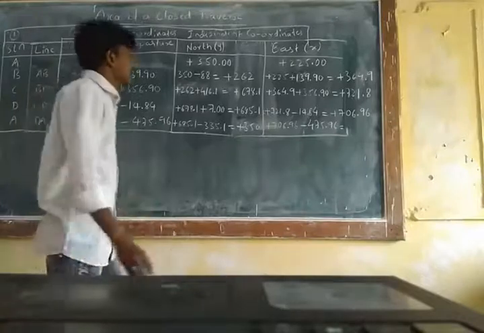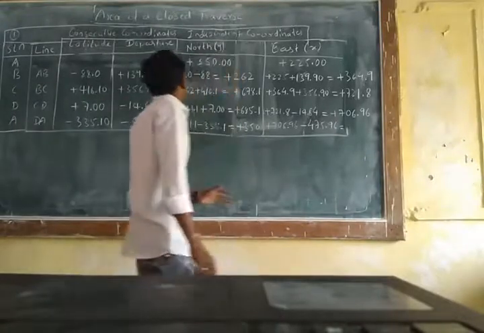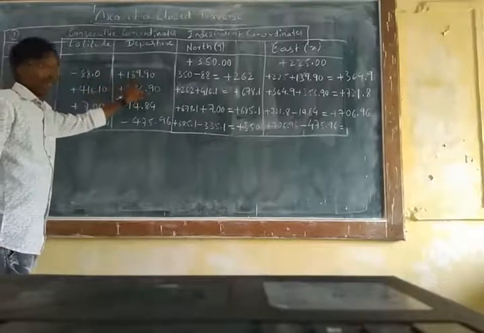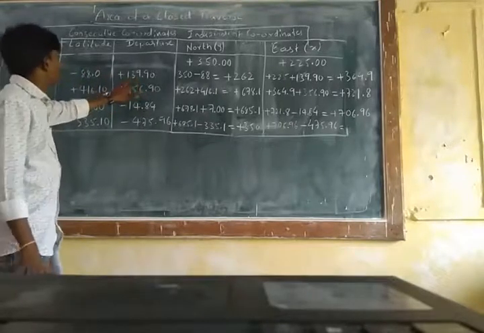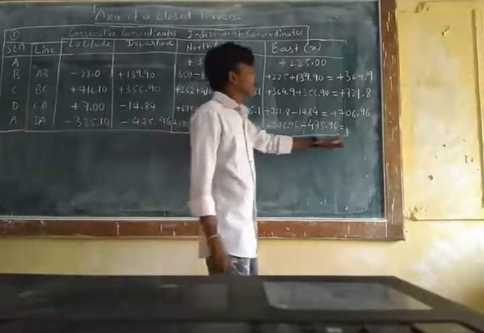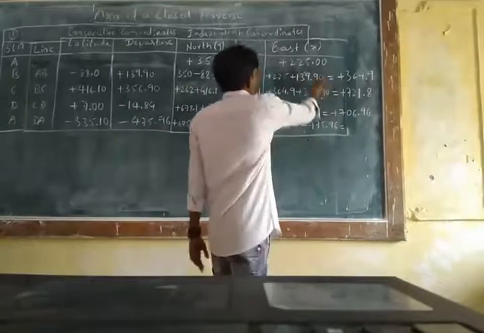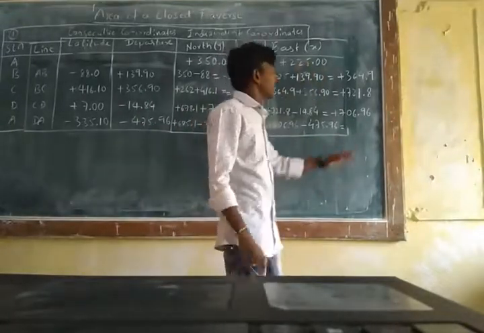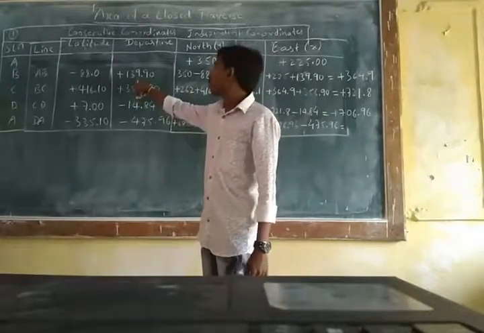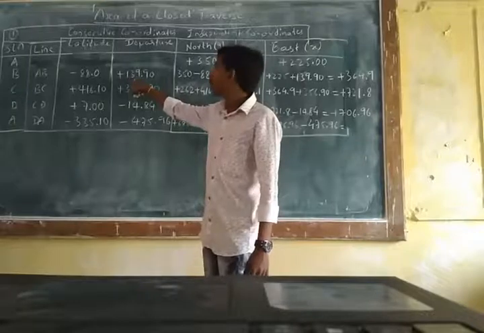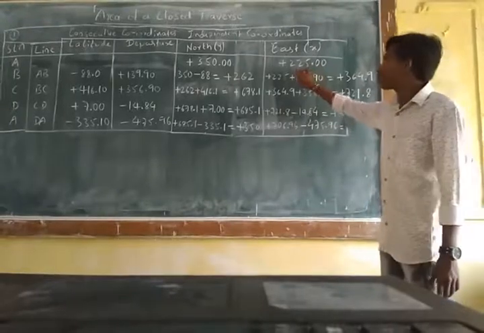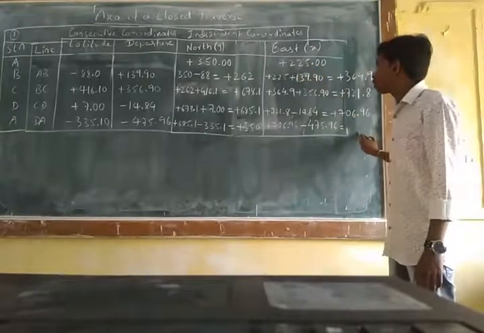I'm really sorry students, because here I have made a mistake. In the question they have given 133.9, so I have mistakenly written here 139.9. So for that reason I am getting the 6 extra here. I have to get the value 225, but I am getting it as 231. As it is increased by 6, so 133 plus 6 will become 139.9. So I am getting the same extra 6 here. So I have to get 225, but I am getting 231.